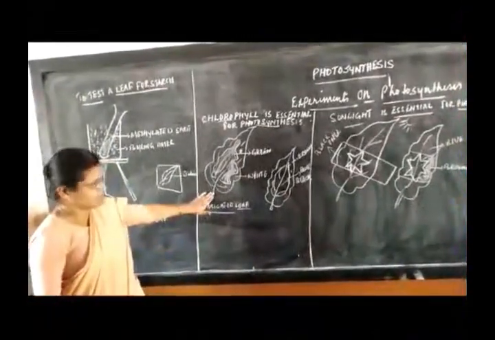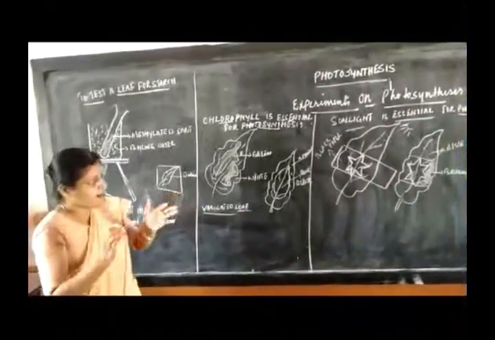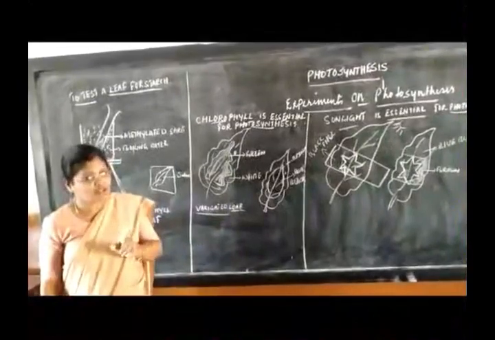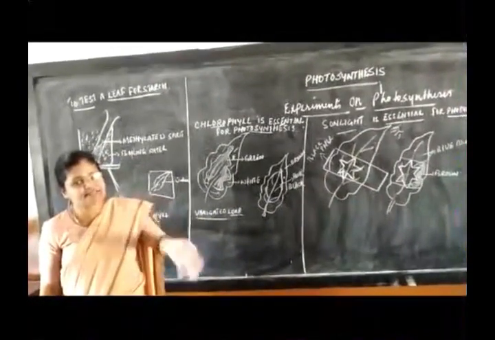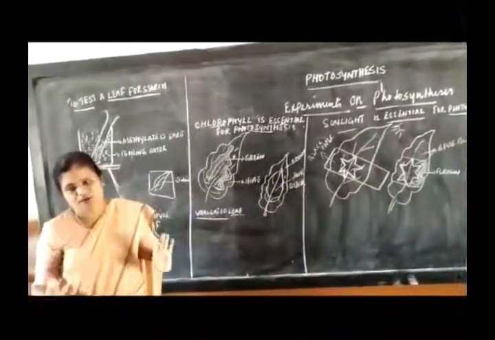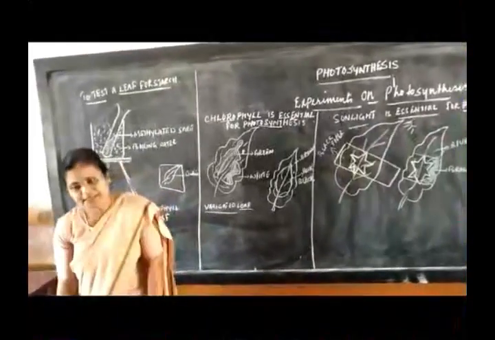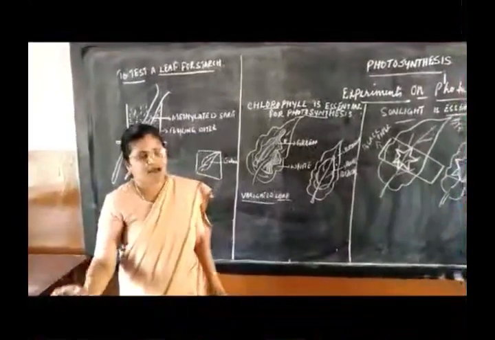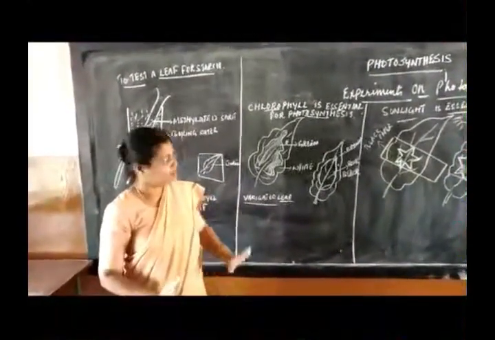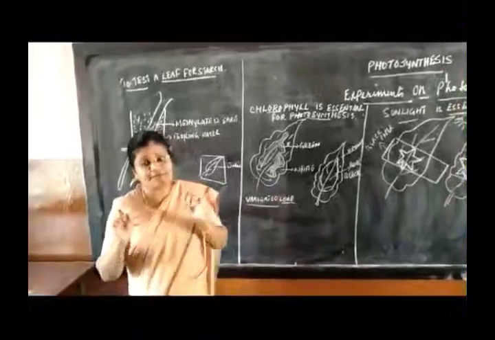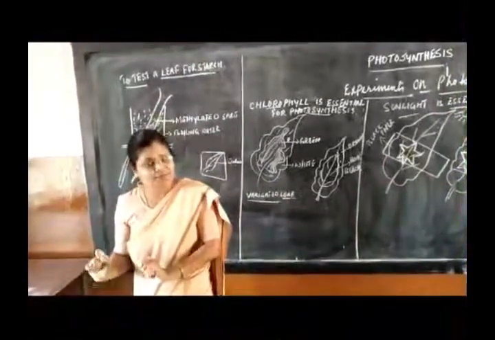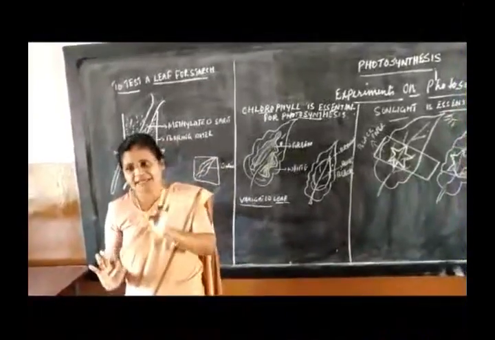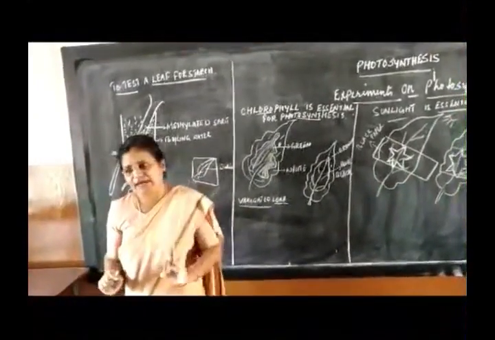So you take a plant having variegated leaves and keep it in the sunlight. Before that, what should you do? Before any experiment, you have to destarch it. So you take a well-watered potted plant and keep it in the darkness for 24 to 48 hours to remove the starch. After removing the starch, in case of chlorophyll, you should have a plant which has variegated leaves. You cannot take just any plant. You have to take a plant like a croton. Croton has variegated leaves.